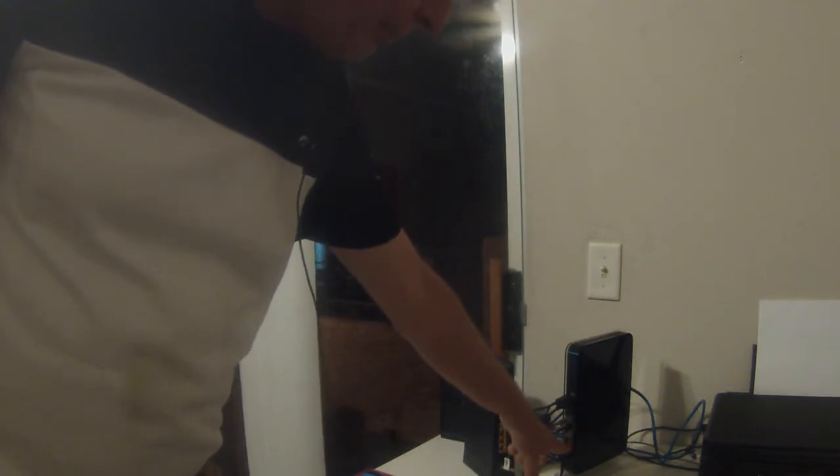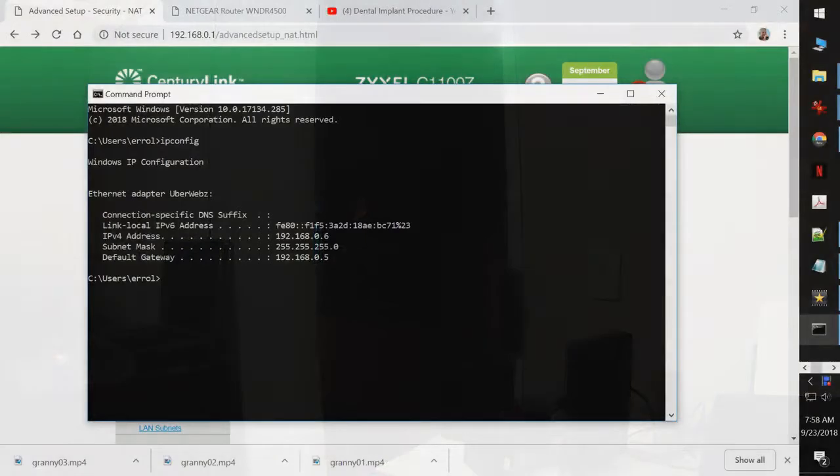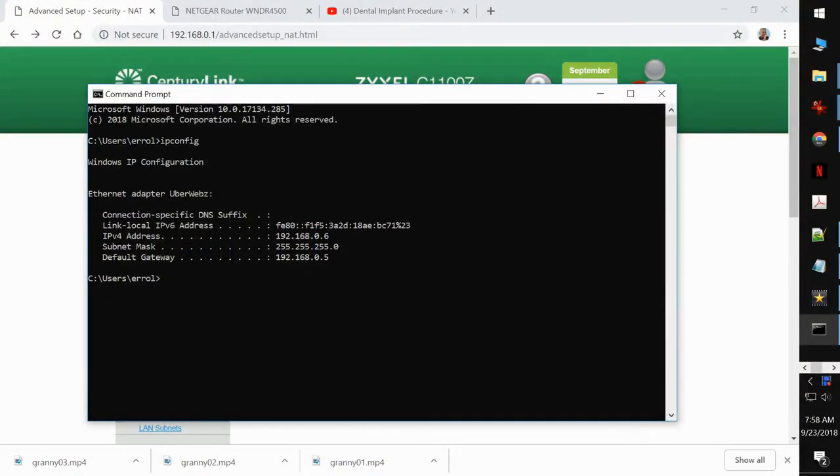The problem with that is that the internet access doesn't go there. The internet access has to come from here, 192.168.0.1. So the resolution to that is that we automatically set the IP addresses, and we manually set the gateways to 192.168.0.1. All right, now that our physical hookup has been completed, we're going to take a look at how